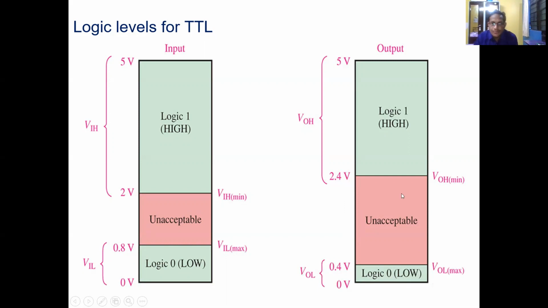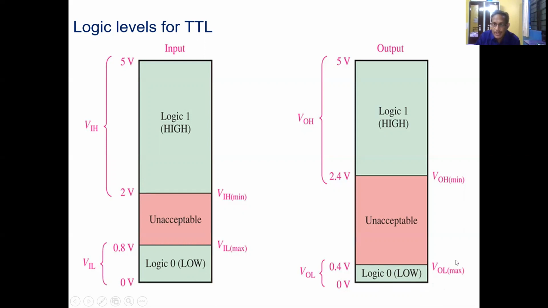Same thing as before. Then this is called VOH minimum, voltage output high minimum. So the minimum value of output voltage that should be considered as a logic 1 is VOH minimum. And that voltage range always varies from 2.4 to 5 volts. I'm talking with respect to standard TTL. Standard TTL means what? 7400. There are no sub logic families coming into the picture. So this is called VOL max, this is called VOH minimum.